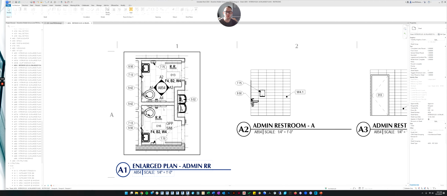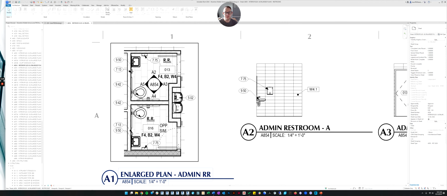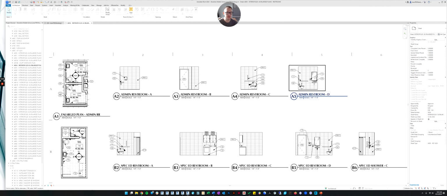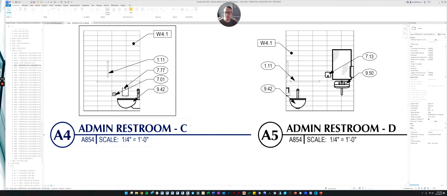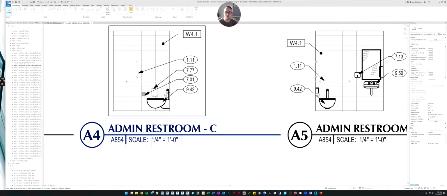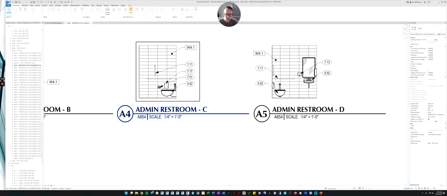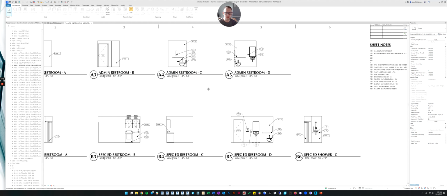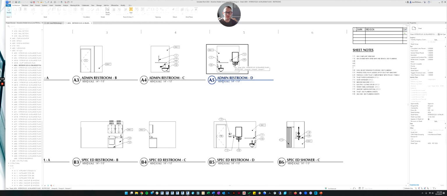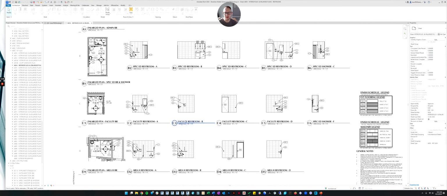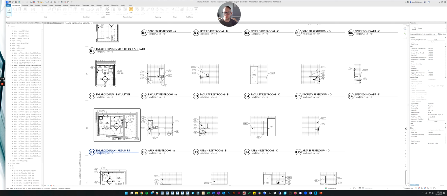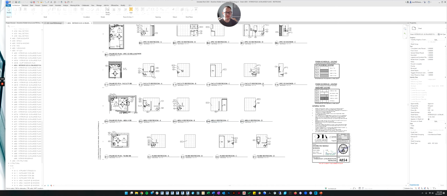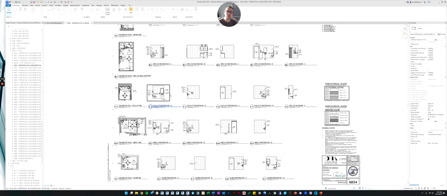Because here on a commercial project, we have to worry about all the hand guards and clearances for ADA inside a bathroom, and even the fountains have a bunch of ADA concerns. And you're just calling out all the different little items that we want: the toilet paper dispenser, the toilet cover dispenser, the handrails, the soap dispenser, the hand dryer. Everything has to be called out, in addition to all of the tile patterns and the floor finishes. So commercial just gets a lot more in depth with a lot more detail.